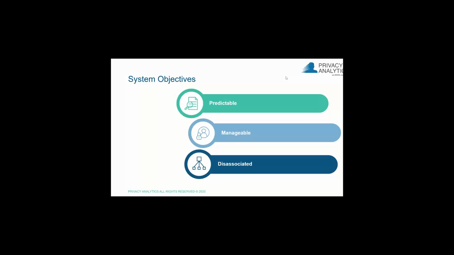So the data owner, for example, wants to know what controls they have and how they're going to know that everything's working. And then disassociated, so how individuals in the data can be hidden. And this will be dependent on the operational context, okay? So I presented this at a very high level. And you can think, how would you frame the systems in your organization, right? Using these as just basic system objectives, high-level principles of what you're trying to achieve. Can you see how these could potentially earn the trust of the various stakeholder groups?